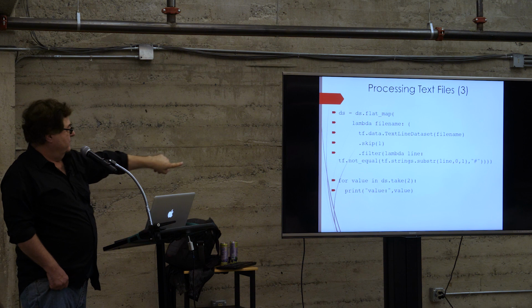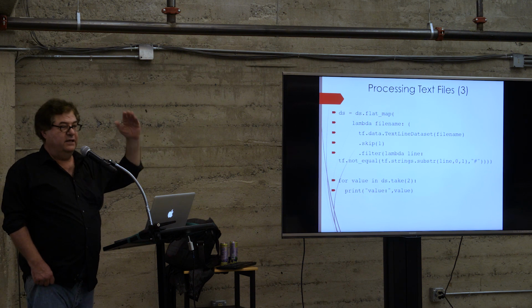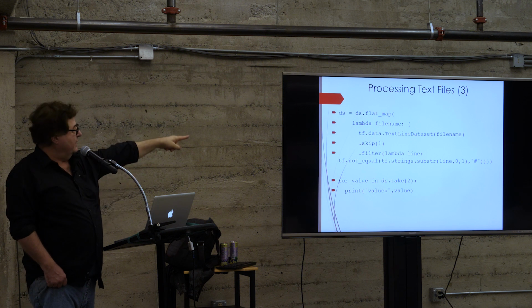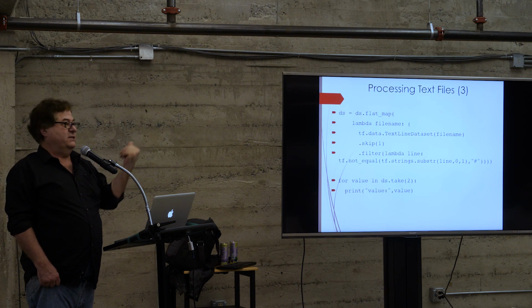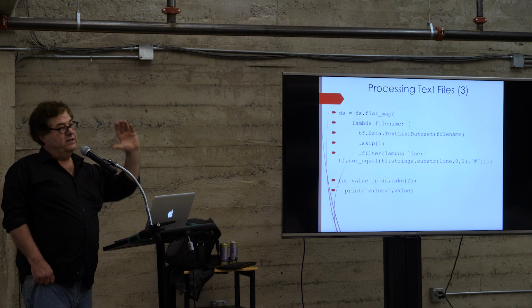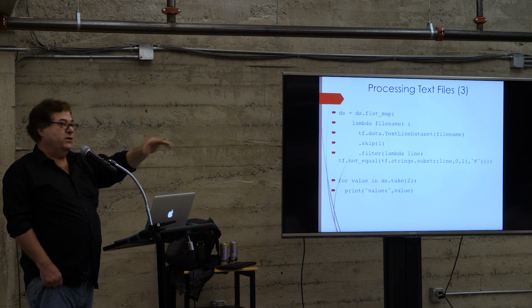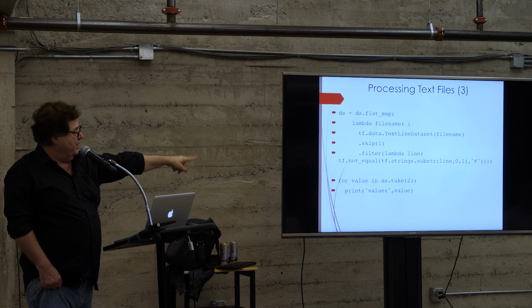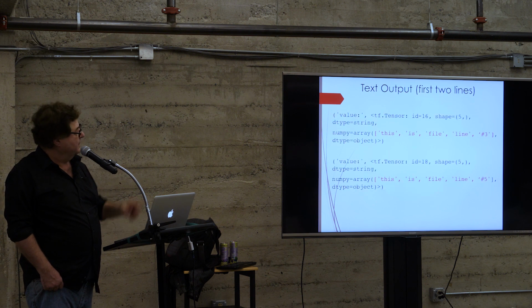And then look what happens there. For value in ds.take(2), boom. We've got the list from that flat map, which produces a subset of the lines, the lines that are non-comment lines. And there happen to be just two of them. There could have been more. But now here, what we do is we just do take two, and what we get is this.